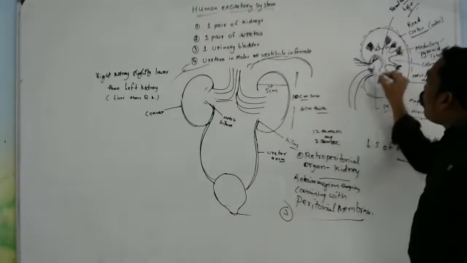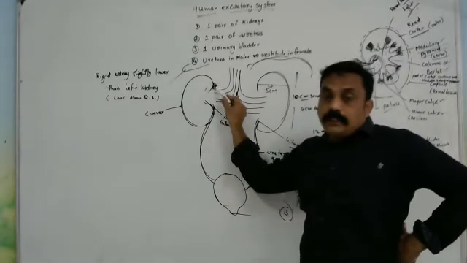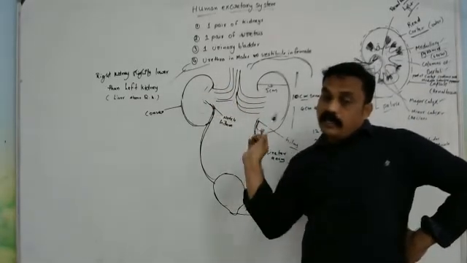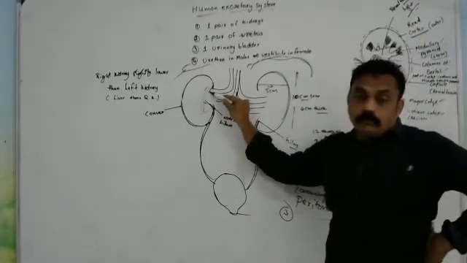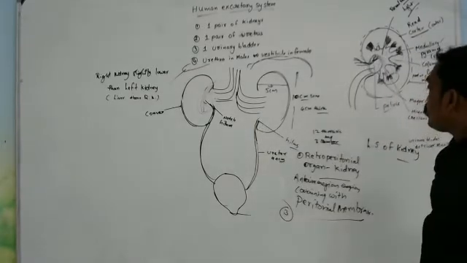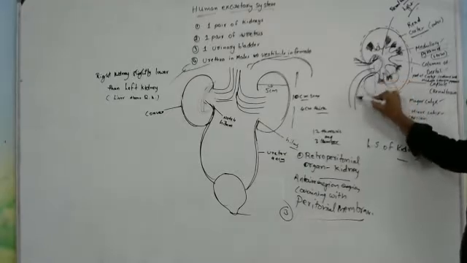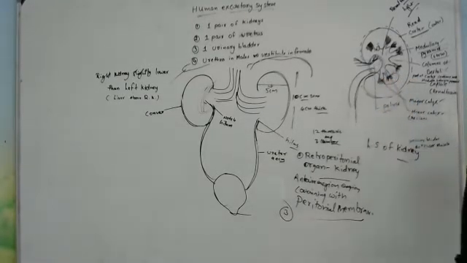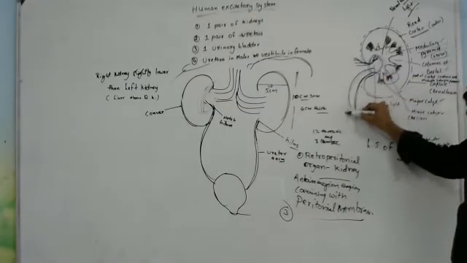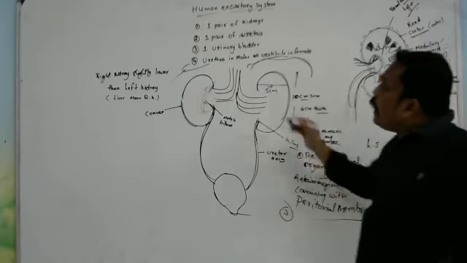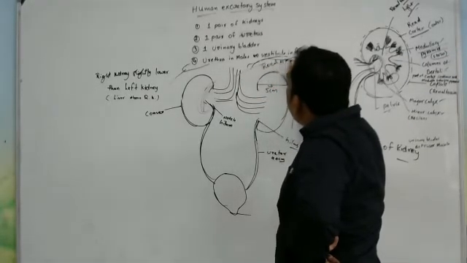Here, as I already told you in the external structure, the outer region is concave. In the middle region there is a notch, meaning a little bit inside. This region we call the hilum. In this pelvis or hilus region, the ureters originate from the pelvis region, and also the renal artery and renal vein.